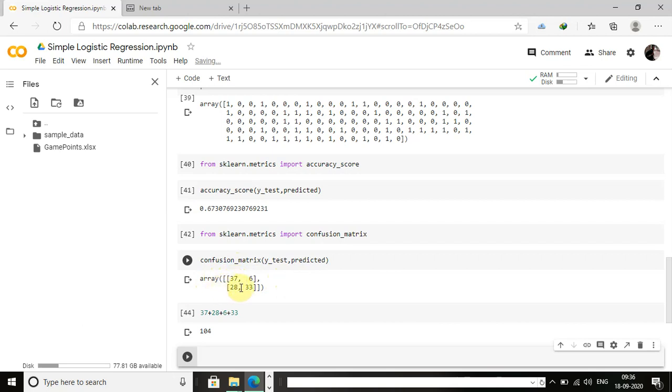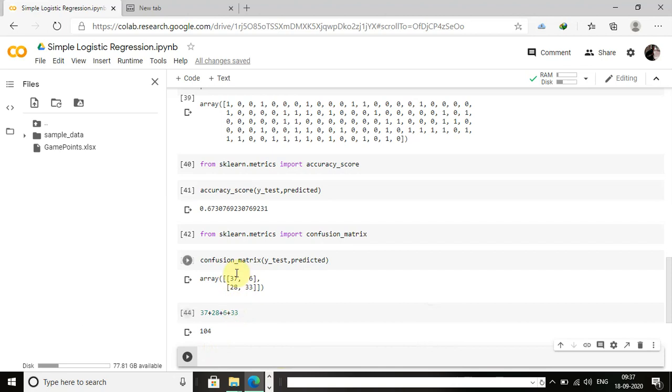The second line will be no. So here my model correctly predicted 37 values as yes and 33 values as no, and vice versa. From the yes values, my model predicted 6 values as no, and from the no values my model wrongly predicted 28 values as yes. So this is my confusion matrix.